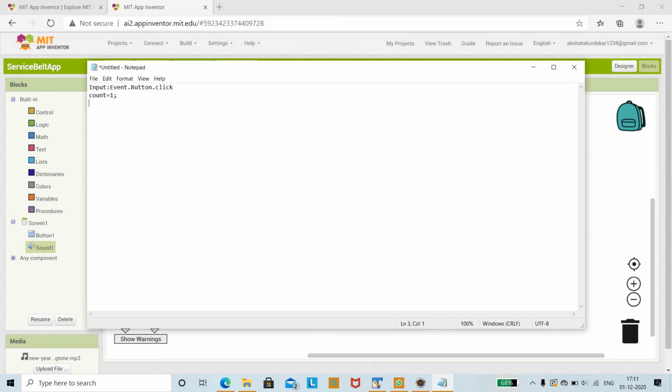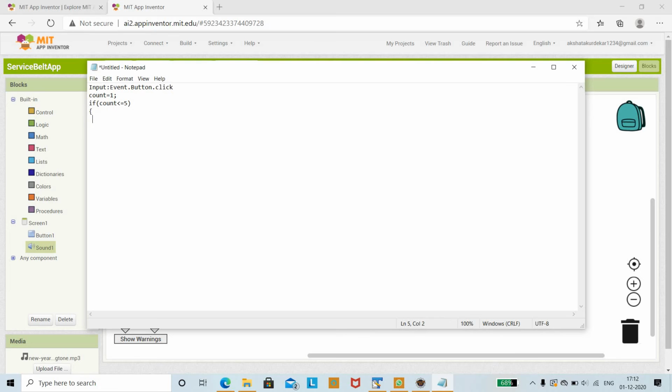It depends on you, both while loop or if loop. You are going to use a for loop if you do not know the count. But here I know the value of count, so it is simple to use either a while loop or an if loop. I am going to consider the if loop. So I am going to set the if to check till the count is less than or equal to 5.